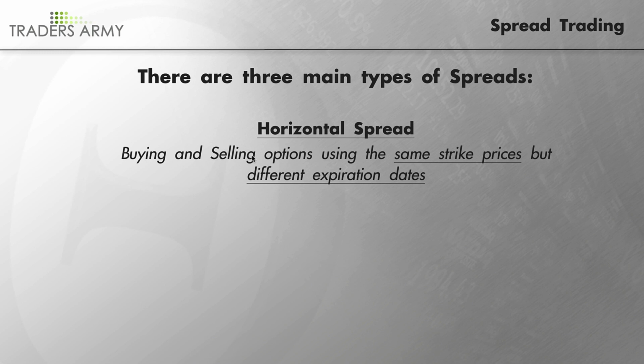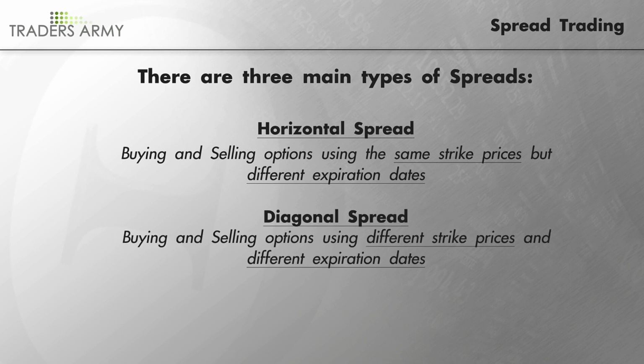So yes, you're buying and selling the same strike price, but using different expiration dates, and there is a time and a place and a market environment that we want to use horizontal spreads. But then we're going to move on to a time and a place for what are known as diagonal spreads,